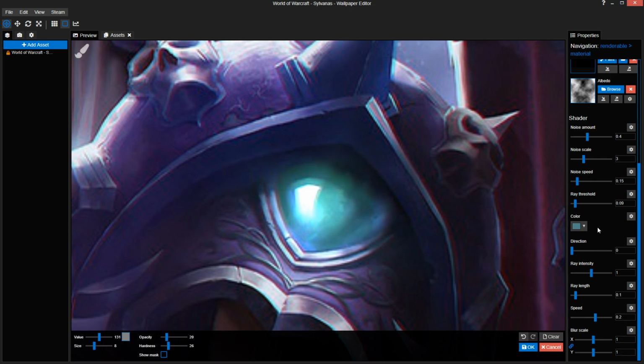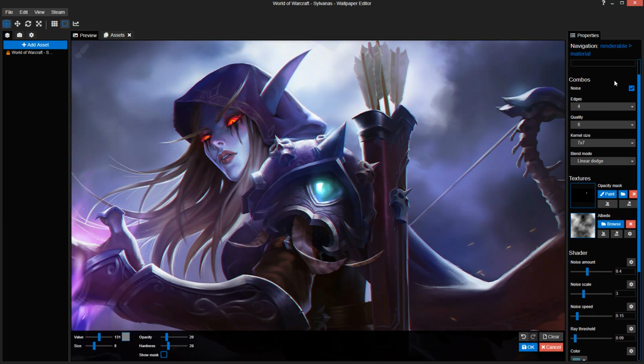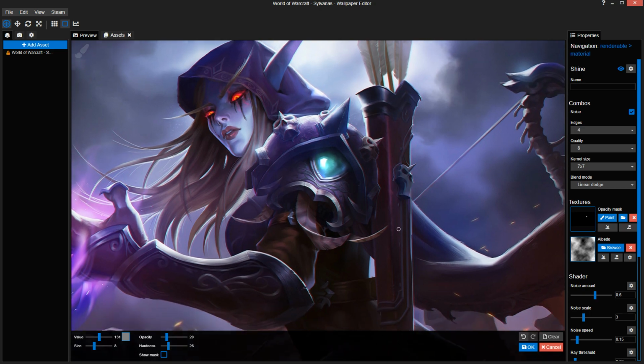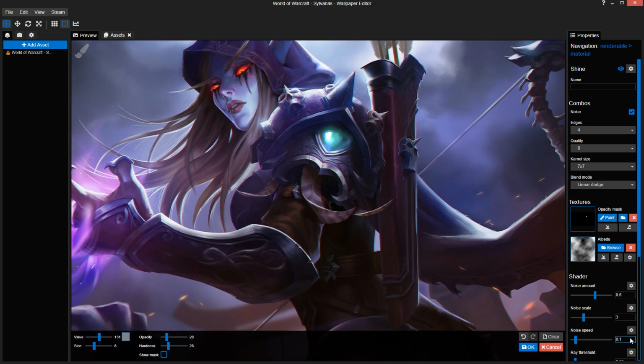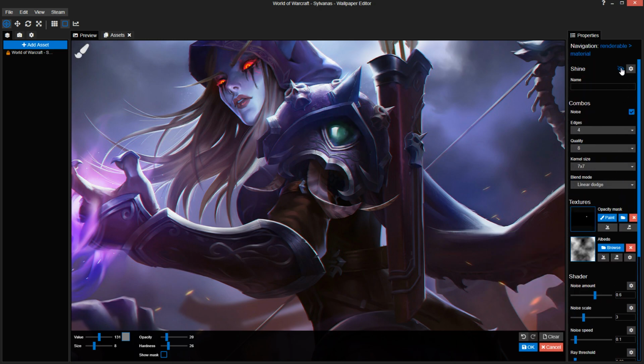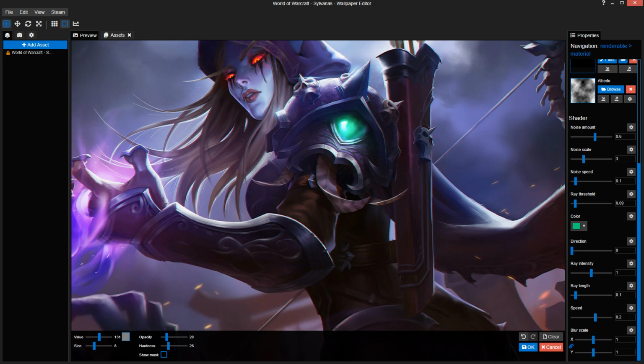Alright, so now we've got a bit of movement. But, you know, sure, it's there, but not really noticeable. So we're gonna increase the noise. We're gonna set it to 0.6. Usually the speed I go to 0.1. And then the color, we're just gonna adjust the setting a bit. Let's see, what color is it? Generally it's green, so we're gonna manually set the color a bit in the right scheme. So right now we've got this going.